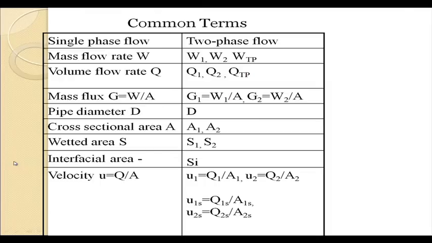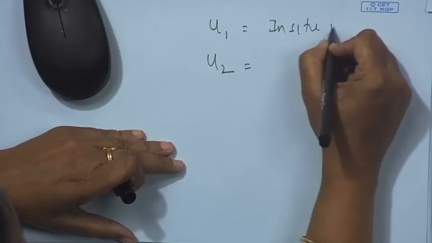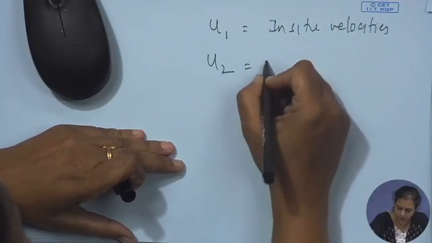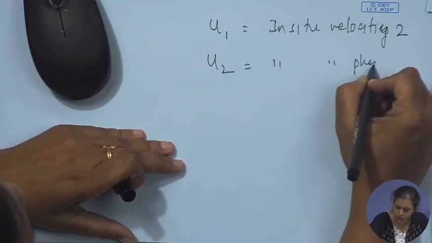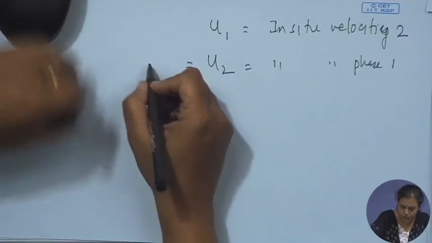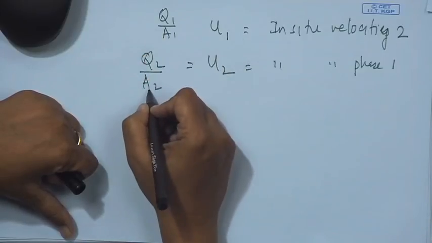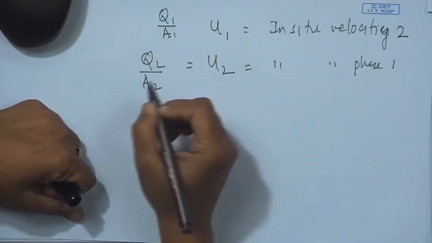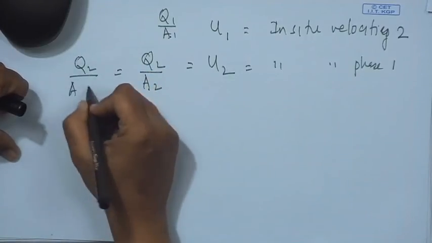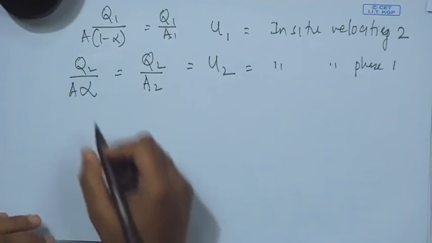As a consequence, what do we find? We find that there are 4 velocity terms instead of 2, because u1, u2 are the local or the in situ velocities. So, therefore, this is the in situ velocity of phase 2 and this is the in situ velocity of phase 1. By definition, u2 should be equal to Q2 by A2, and u1 should be Q1 by A1. Now, what are these A1, A2? They are the cross sectional areas occupied by phase 2 and phase 1. So, naturally, this can be defined in this particular way,